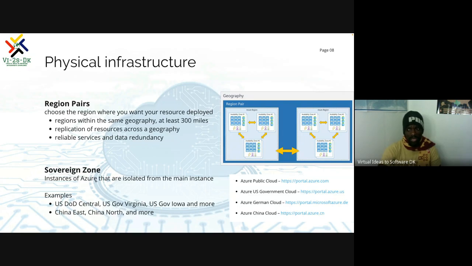Okay, there are instances of Azure that are isolated from the main instance because the US Department of Defense does not want its data mixing up with Chinese data and German data and our own data. So it's all unique. Does that make sense? So that's about it. In a few minutes, we have been able to talk about what physical infrastructure is made